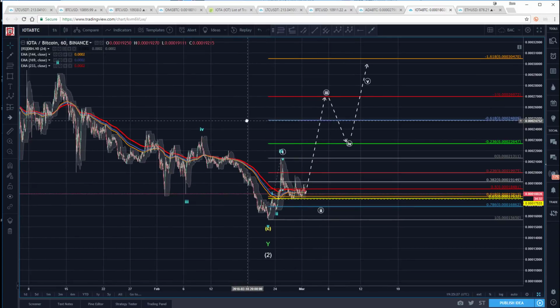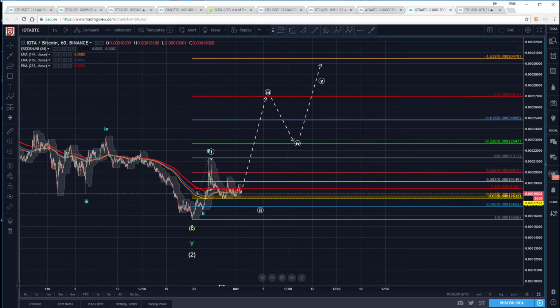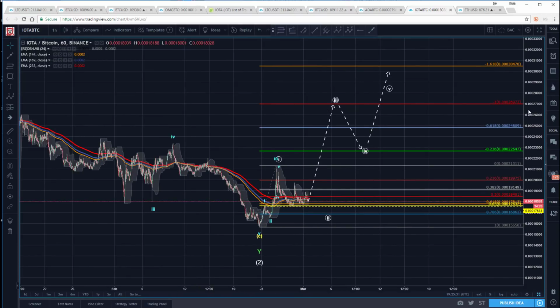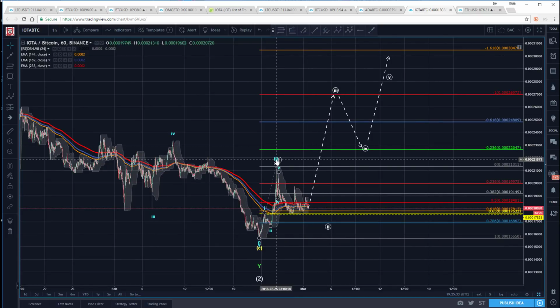I'll probably get some hate comments for that, telling me how great this thing is going to be, how it's going to revolutionize everything. I'm not arguing that it's not a great project at all. I'm just saying, as a trader looking for a technical pattern that gives me confidence in putting capital at risk, that's not good enough yet for me.